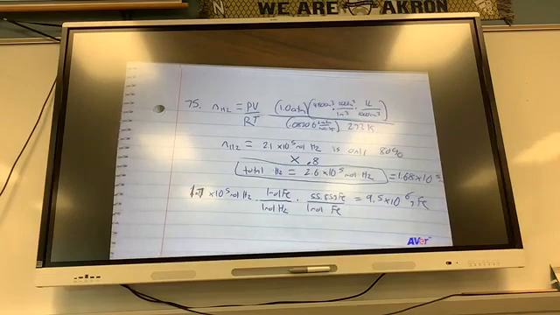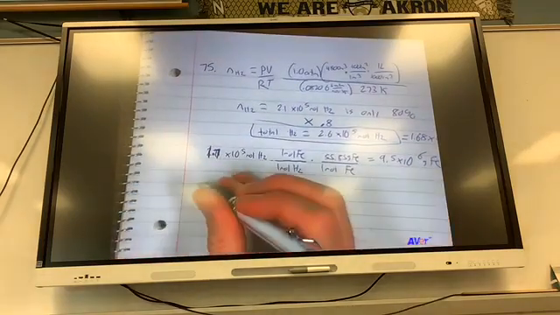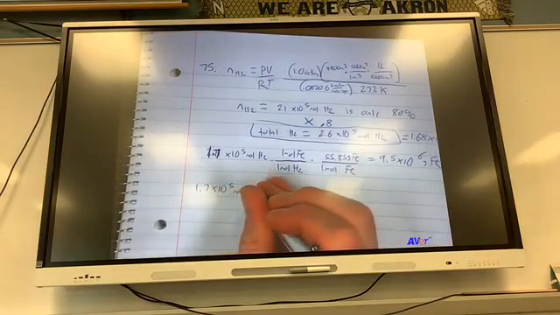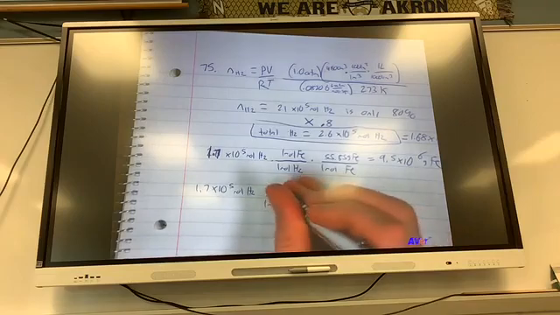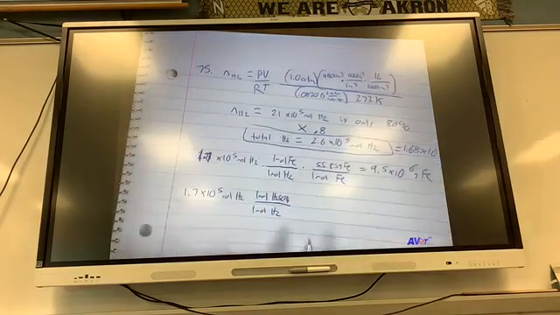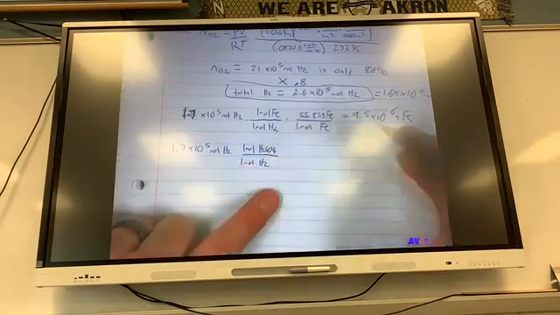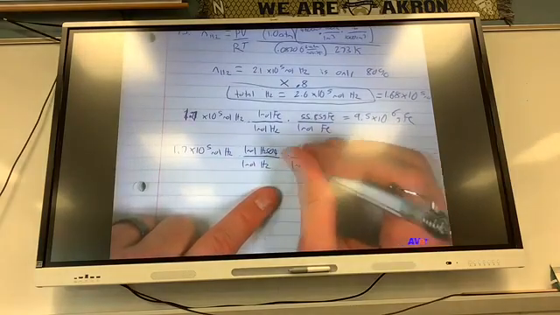Are we ready to finish this thing? Yes, please. Okay. This problem killed my family. So now I'm going to take this same number, my 1.7 times 10 to the 5th moles of H2, and then 1 mole of H2 is 1 mole of H2SO4, right? Because you would agree that there's 1 mole of H2 and 1 mole of H2SO4, yes? And then 1 mole of H2SO4 is